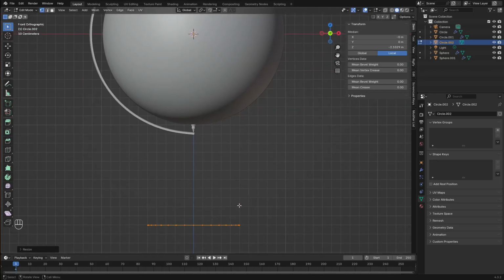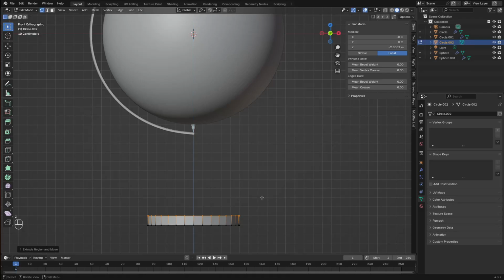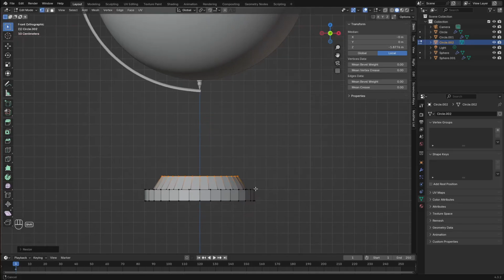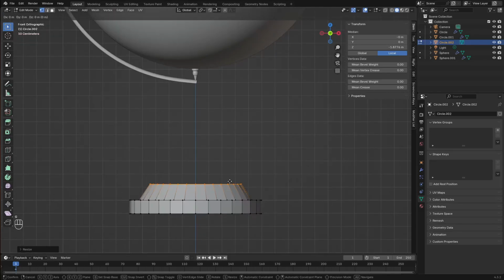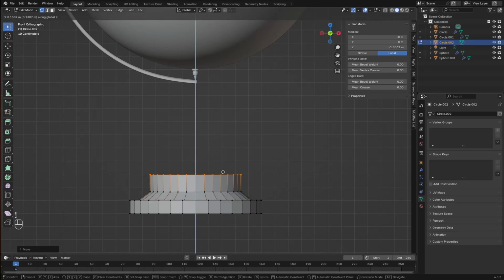Going to extrude it up, pressing Z. Extrude, scale. Extrude Z again. Scaling it down, S. I think it got a little bit too high, so I'm pressing G and Z to bring it a little bit lower. I'm extruding it up again by pressing E and Z,